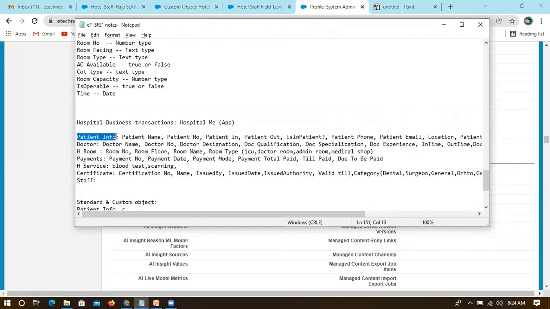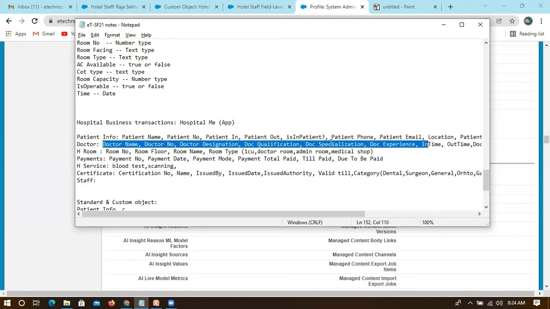So you will create a patient info object or a doctor object. Within this, you create some fields with their data types. Anyways, you know how to create those fields. Either you can give access while creating the field, or you don't give access at profile level and check how it behaves. When you're creating a field, it will ask for profile level access, right? So you don't give any access at profile level. You just check whether you are able to see that.